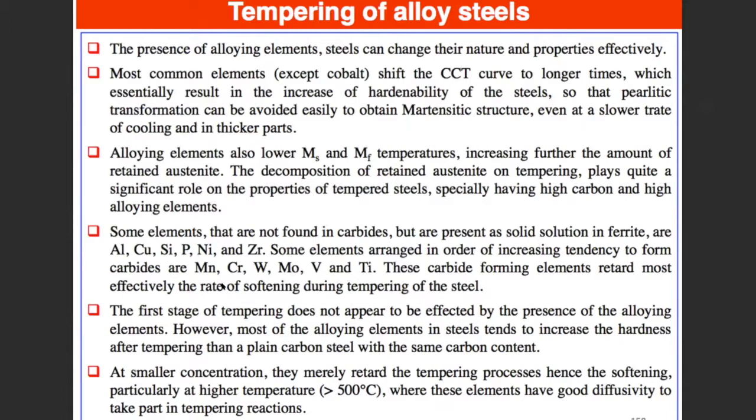And then other elements here are strong carbide formers, right? Molybdenum, vanadium, tungsten, right? Manganese, right? These are critical elements for tool steels and munition steels, and we'll talk a lot about their effect